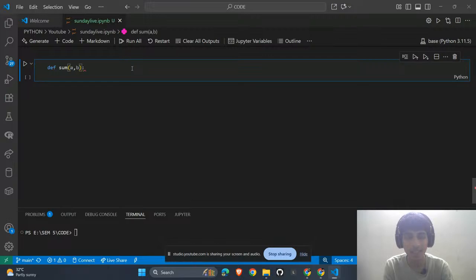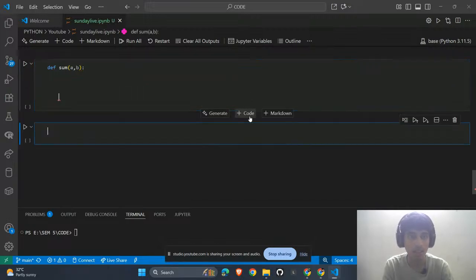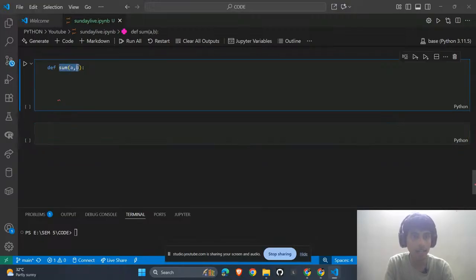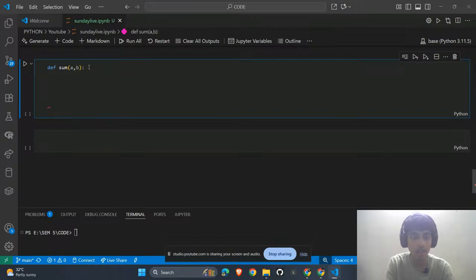It's like a function in mathematics. Let me explain in another cell. In mathematics, we say f(x), and f(x) is equal to 2 plus x. So if you find f(1), you will write 2, and at the place of x, you will put 1. As simple as that. Similarly, in Python, we have a function sum where a and b are the values,